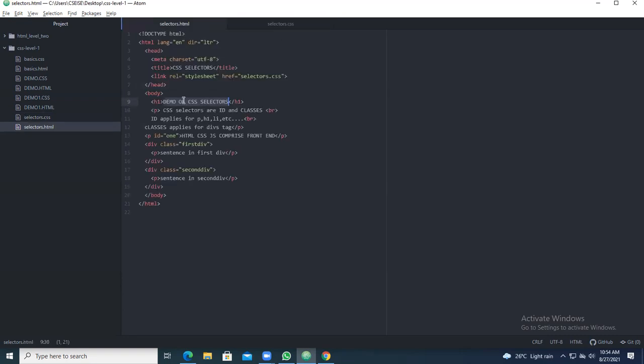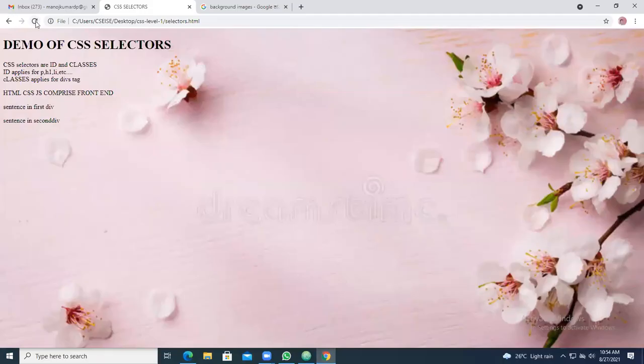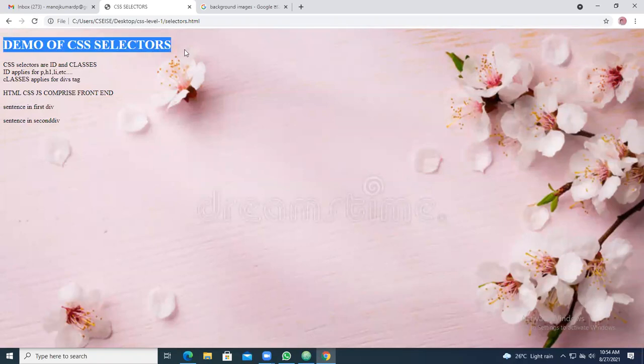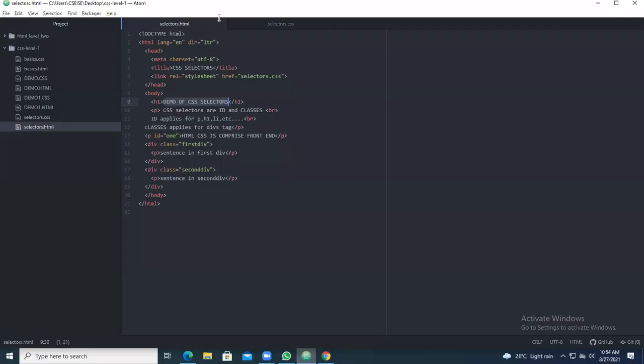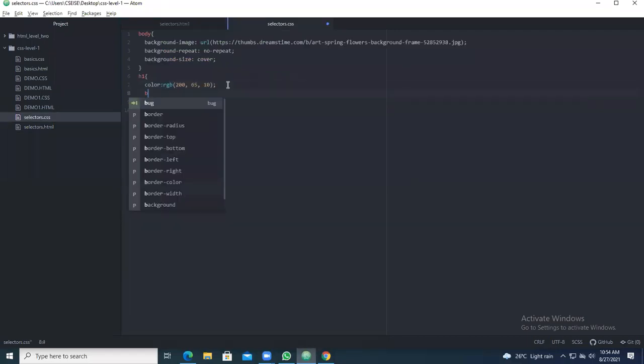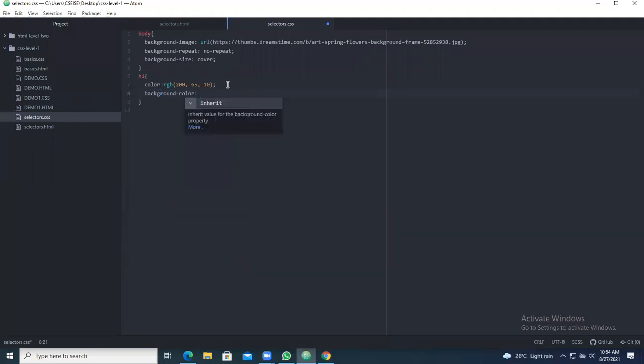What is the content in H1? Demo of CSS selectors. Now you should get it in a different color. Are you getting it? Yes, this color has been changed now. This is the color I have given. Now for the H1, you can have a background color.